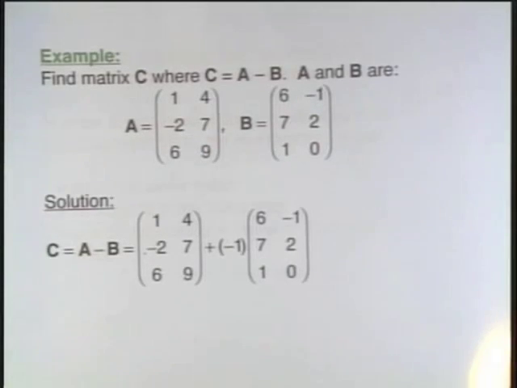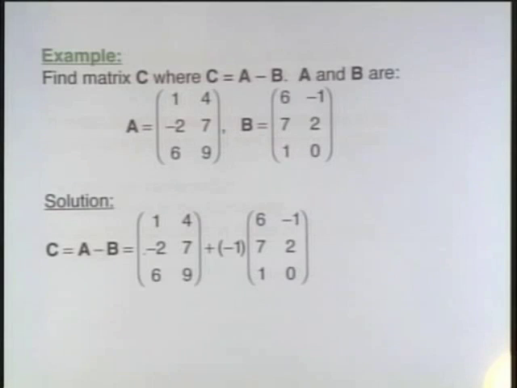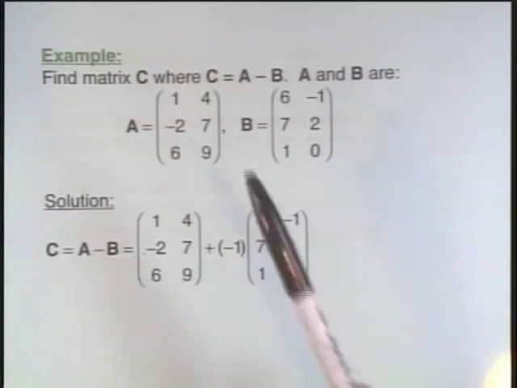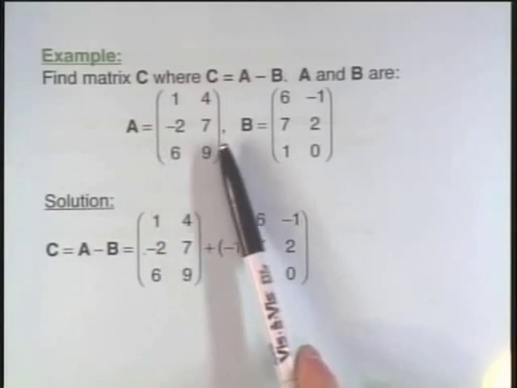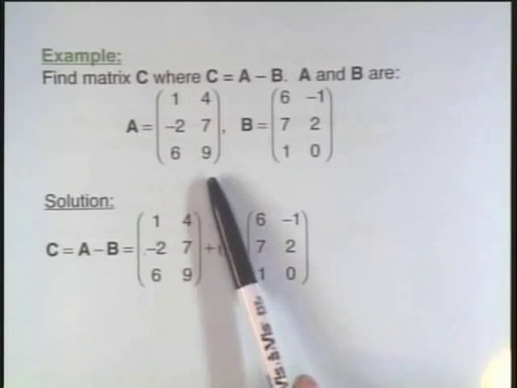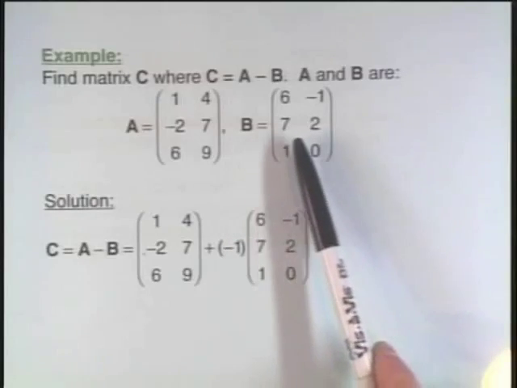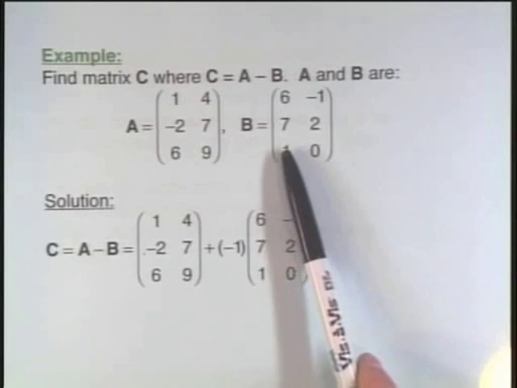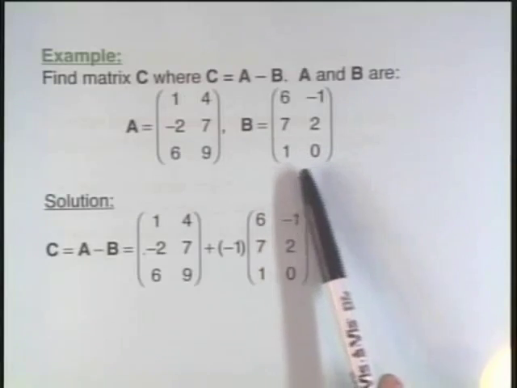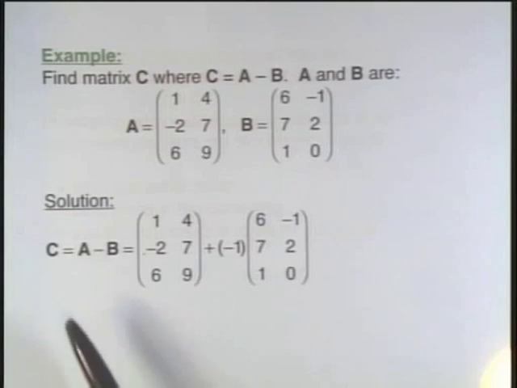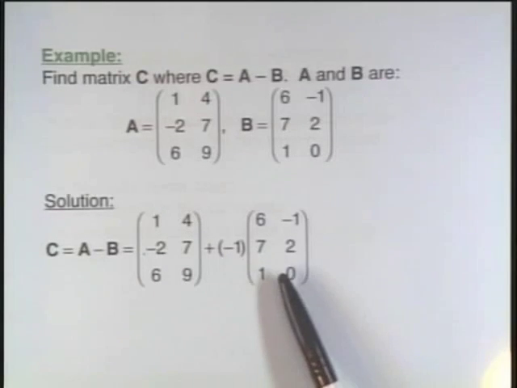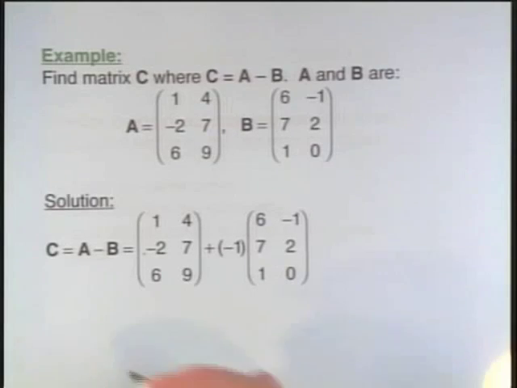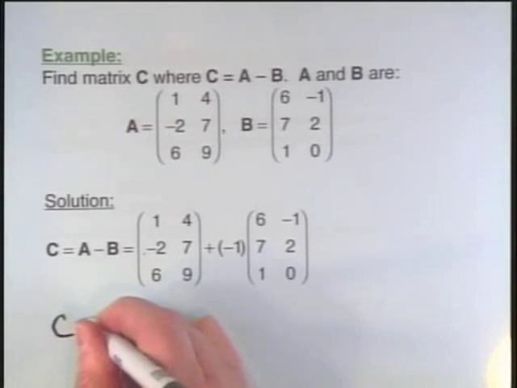Example. Find matrix C where C is equal to A minus B. A and B are 3 by 2 matrices defined by A in row 1 is 1, 4, in row 2, negative 2, 7, and in row 3, 6, 9. B is in row 1, 6, negative 1, in row 2, 7, 2, and in row 3, 1, 0. We're finding C is equal to A minus B, so matrix A plus negative 1 times matrix B gives us C equals